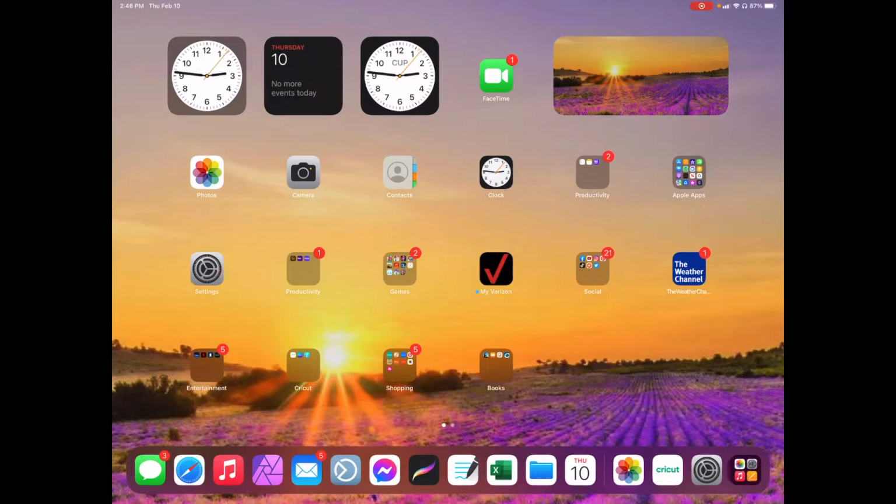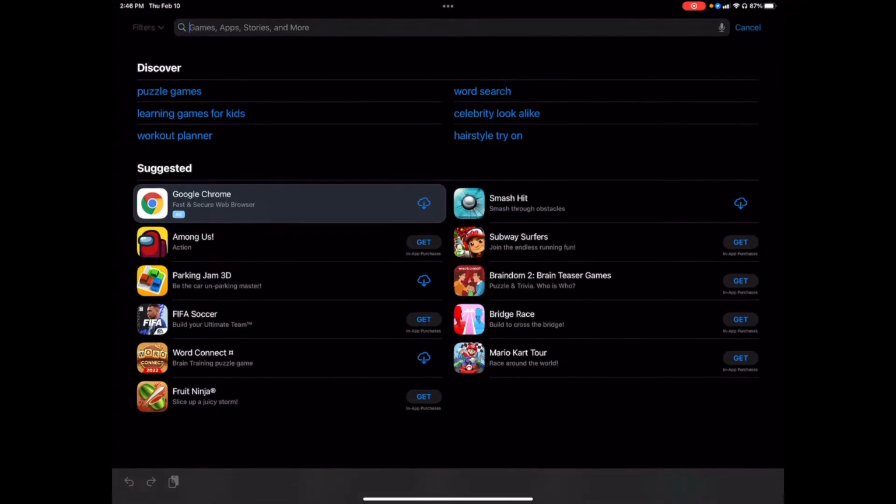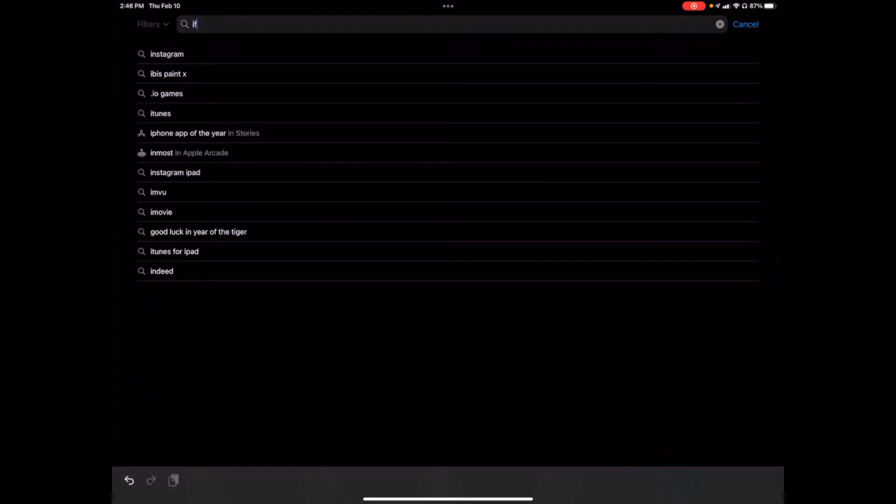And today I want to share with you how I install fonts and use fonts on Cricut Design Space on my iPad. So I will walk you through it right now. You are going to want to go to the App Store, and on search, I'm already here. You're going to want to type in iFont